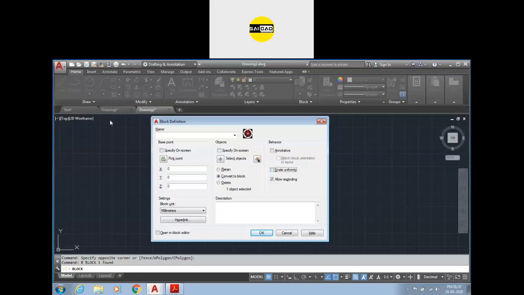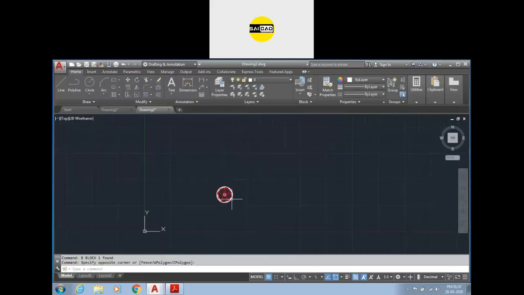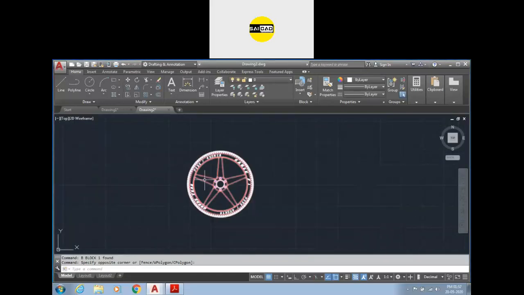AutoCAD consists of many commands that are similar to other commands. We don't have to use those commands. Okay, like we have the array, but in copy we also have the array command. We have the fillet, but in rectangular shape we have the fillet, the chamfer, everything there. So we have multiple options, but the main options are create a block, just type the name, pick the point, select the object, that's okay. This will be the command. So this is the block command.